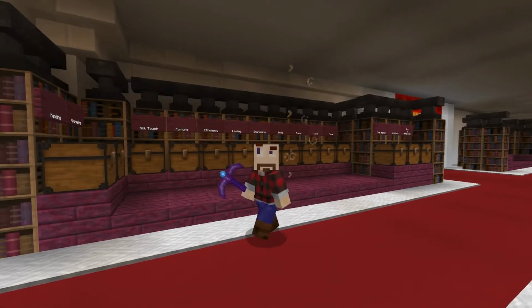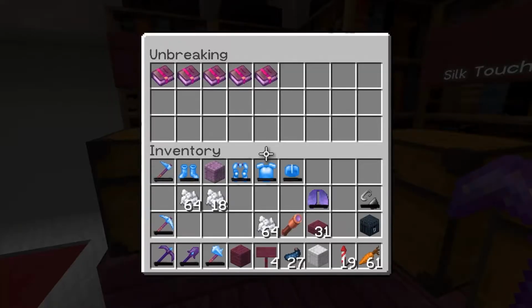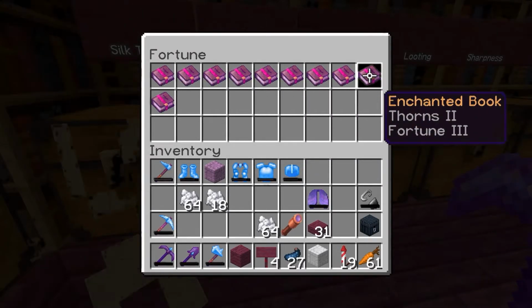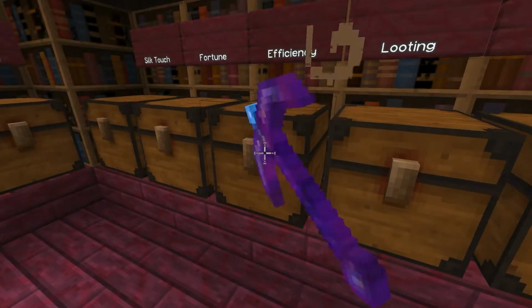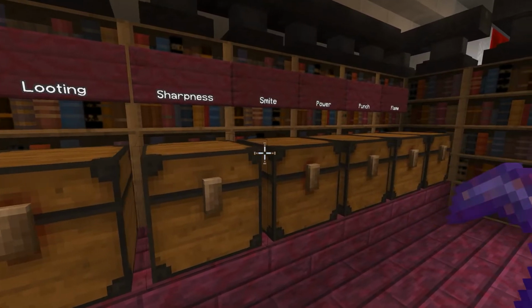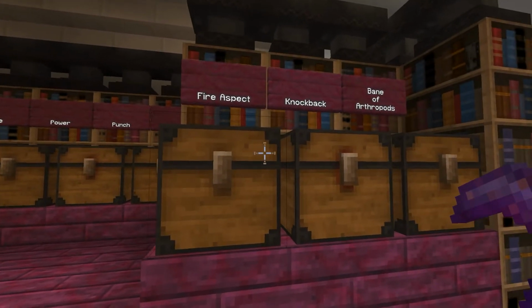Okay, I have filled in all of the books here for all of the tools, basically anything you would need for mending and unbreaking, for your pickaxes, for your axes, for your swords, and for your bows, and for your hoes, I guess. I also got looting and, I think, fire aspect for the sword. I don't use the fire ones too much because I like to get the experience from the furnaces and the smokers. But we've got it all here, including